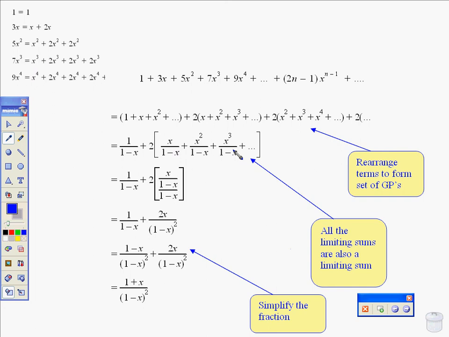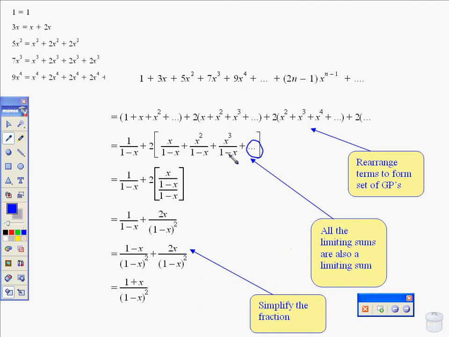But then again, that goes on forever. This is no good if we've got this idea that it's going to go on forever. We need to come up with an expression that's going to give us the limiting sum. So what we do realise though is if we look at this series now, x on 1 minus x, x